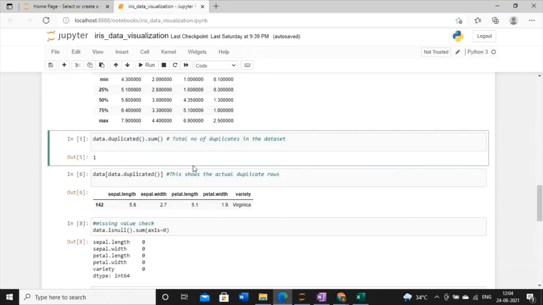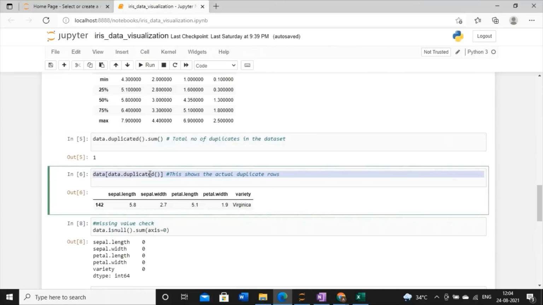To see which row is the duplicate one, I have written this syntax. Again I have written data frame dot duplicated, and this time I have passed this data.duplicated method within square brackets, and then I have written the variable name data in which I have my data set.